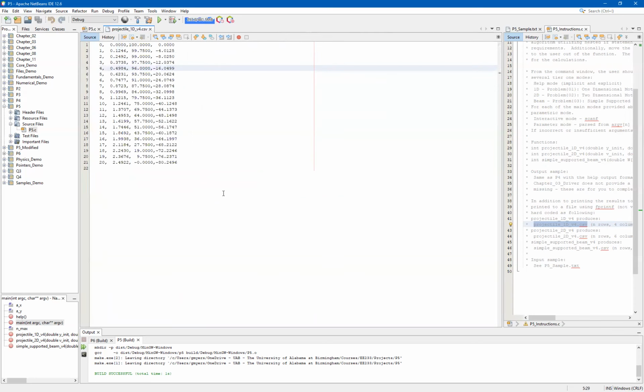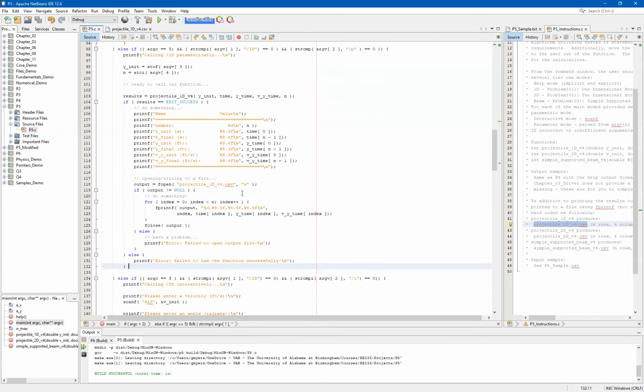And so what you get with more data points is just a little more granularity in your results for your time, y time, and vy time calculations. At this point, then you can simply put some of these switch combinations into a batch file. You can use the piping to allow for you to input arguments automatically, basically everything that we've done in our earlier projects. I'm going to go ahead and stop this video here to allow for you some time